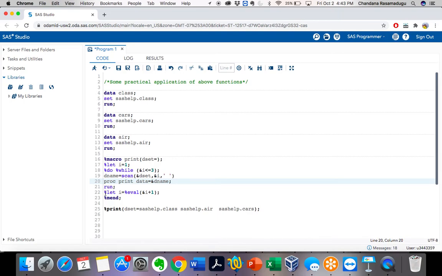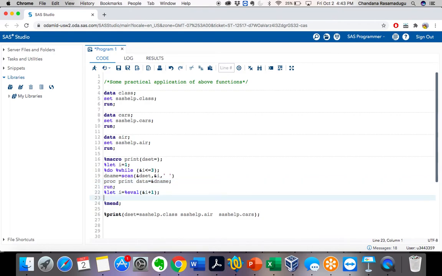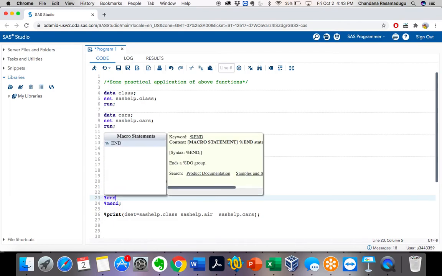Then after it will come here. After coming here, what will it find? %let I equal to %eval of &I plus 1. That means 1 plus 1 is 2. Now my I value is 2. Now what do I need to do? I have to end the do loop, right? So for that, give %end.